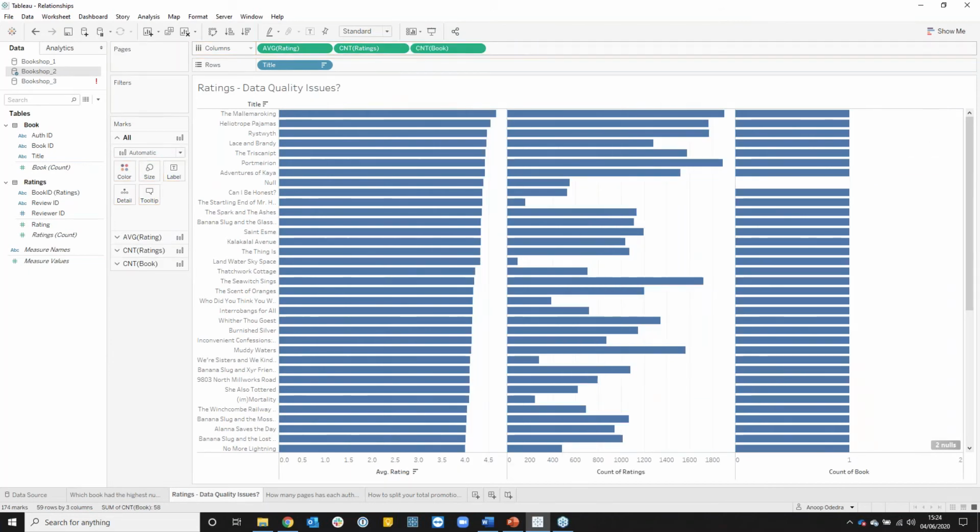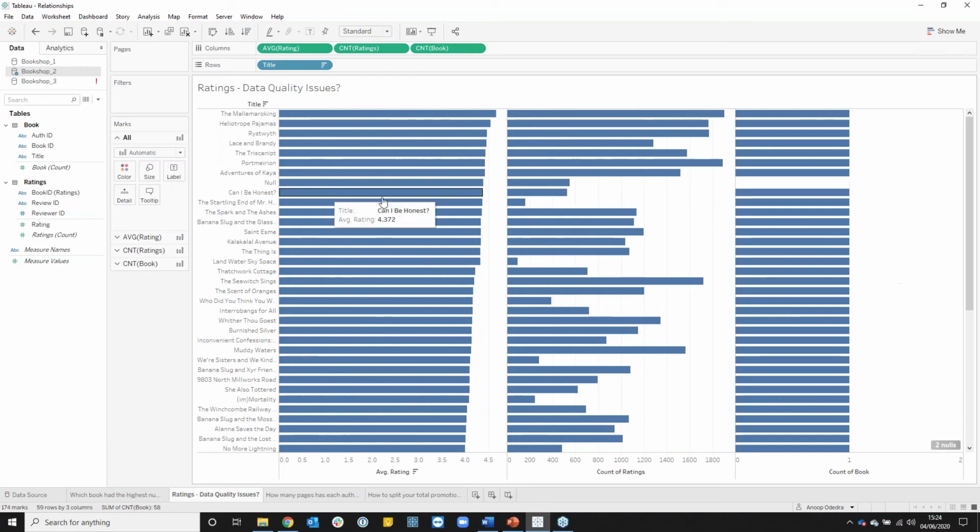So this is actually quite important to see, because we've been able to see that count of ratings is up in the thousands. If you look at our counting ratings, it's hundreds and thousands, so they're quite high. Whereas my count of book column is only showing me 1 book per row. What this is doing, if we think back to what we would get with a conventional join, is when we